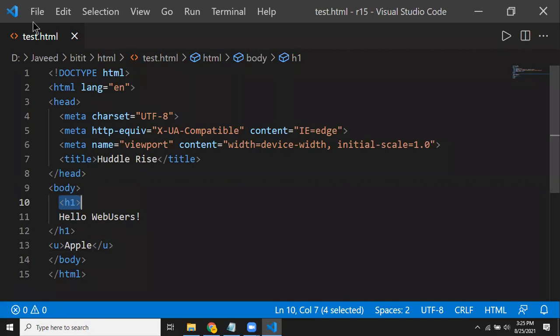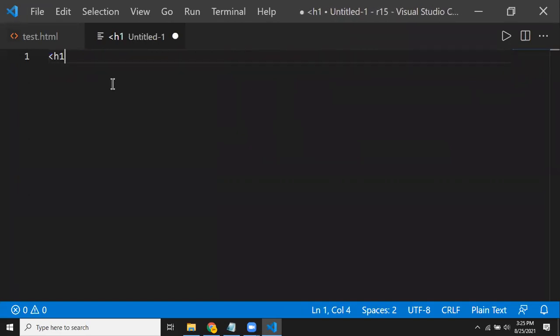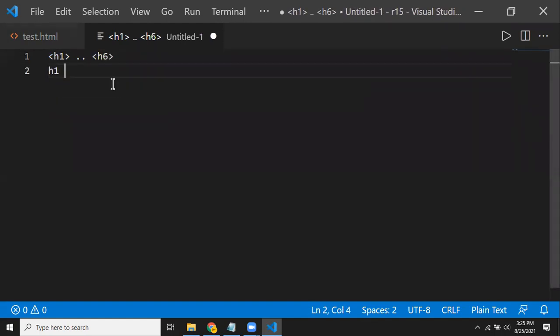When you talk about the heading tag, we have the heading tags from H1 to H6 that you can make use of. When I use the H1 tag, it gives me the big font, so the font size will be big. Whereas when I take H6, it is going to be the smallest one for us. Then we have a tag called the paragraph tag. So these are the predefined tags I'm talking about.